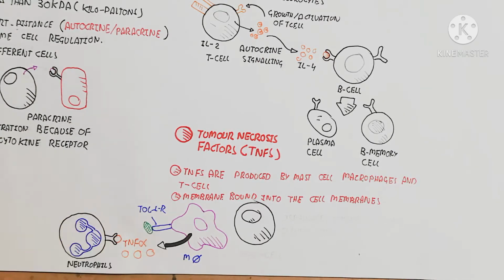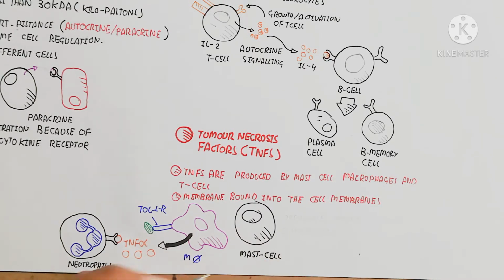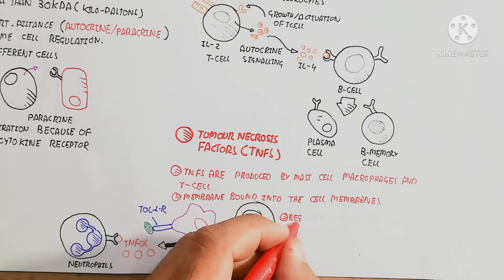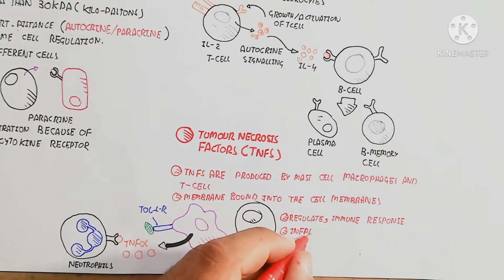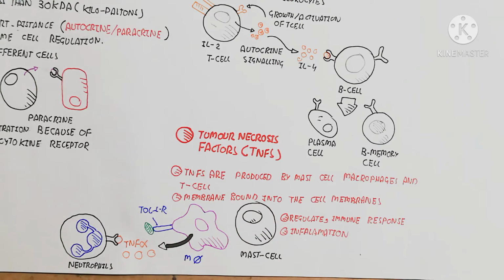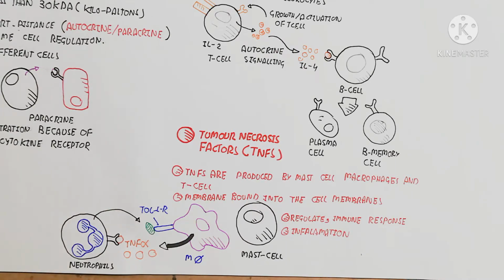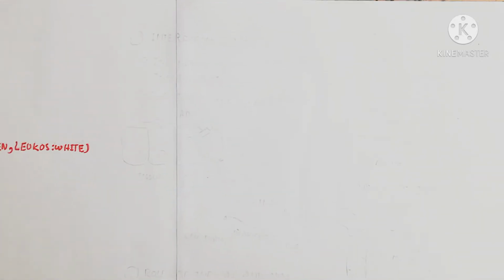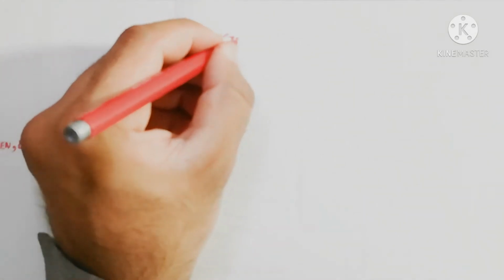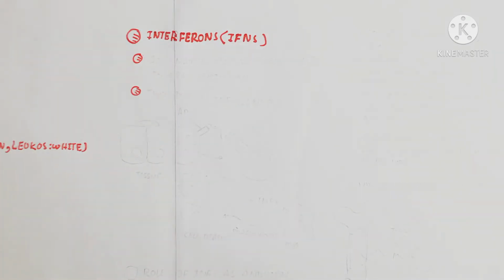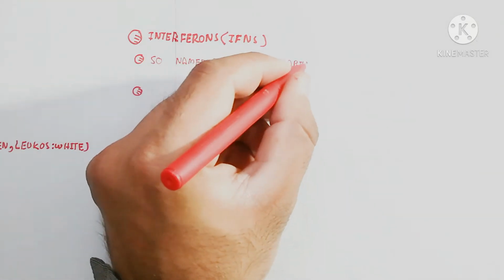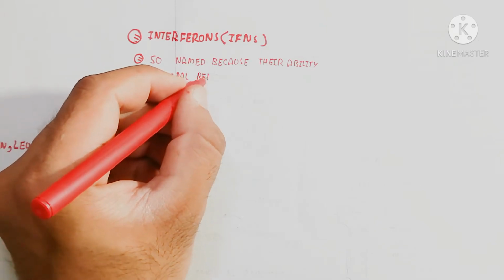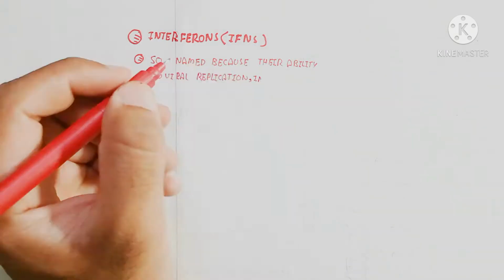So TNF alpha is produced to activate the neutrophil, to recruit the neutrophil toward the site of infection and kill that pathogen by endocytosis. The antibody-antigen containing complex will be engulfed by the neutrophil as well as the macrophage. So the mast cell is an important cell present in the tissue, which produces tumor necrosis factor. Tumor necrosis factor is used against cancerous cells, for example tumor cells, and the mast cell gives the signal, because mast cells are present in the tissue all the time.